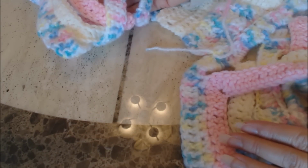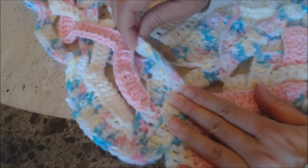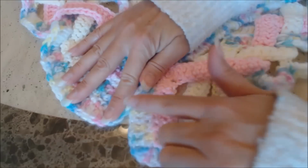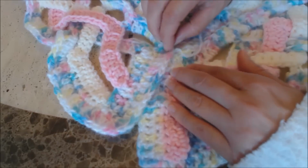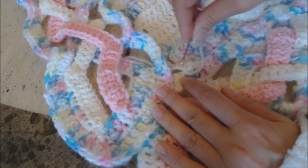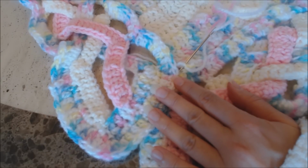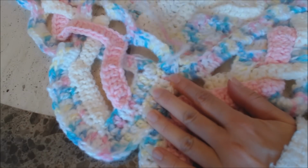I've reached a corner, so I'm going to match up the two ends and make sure you have enough of the new border to overlap the chevron baby blanket, and then you want to match the sides so that the corners, you're not going to fold them completely together, but you're going to start sewing them close together. And then what you're going to do is just take your tapestry needle, and you want to take the corner of your chevron baby blanket, and then make sure that, like I said, that you're overlapping, covering the ends of the chevrons, and then grab part of the new border with your tapestry needle,